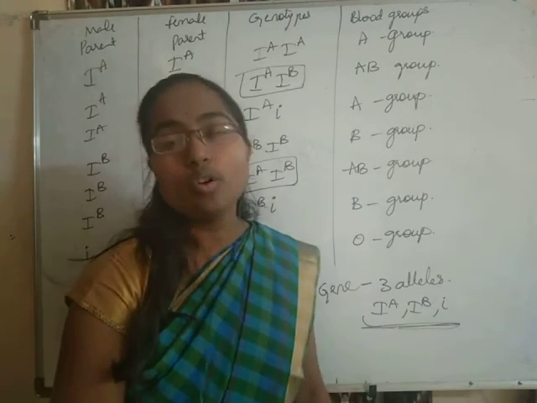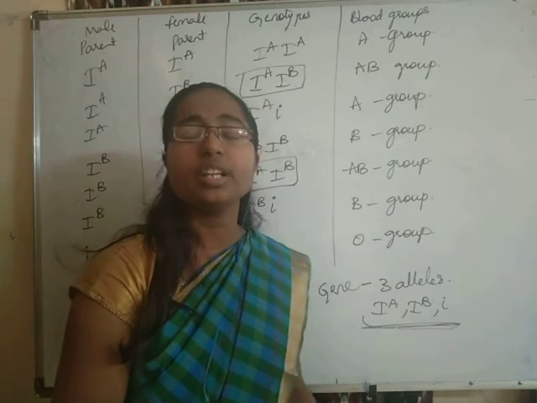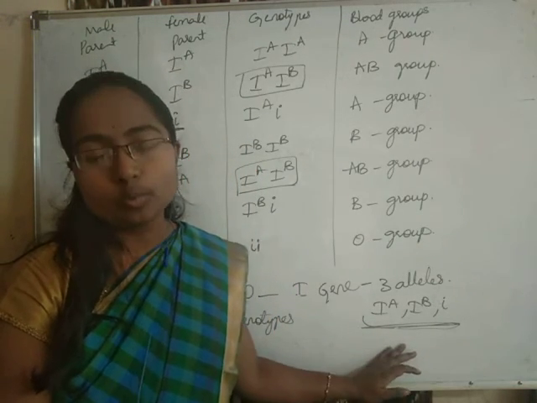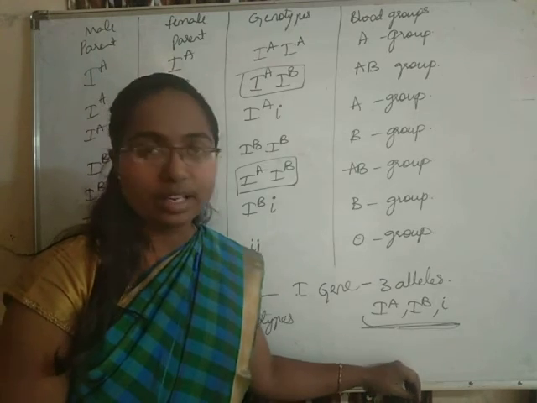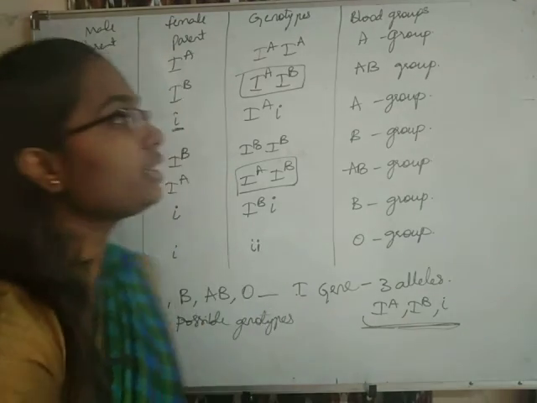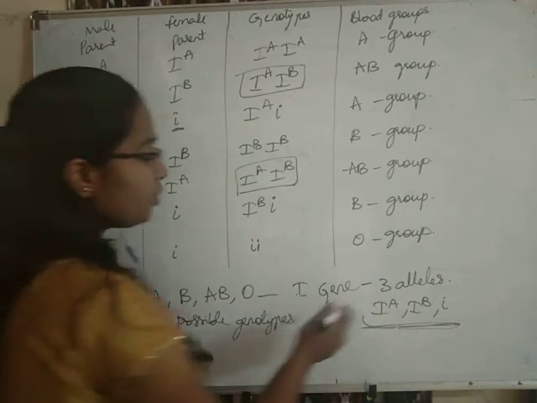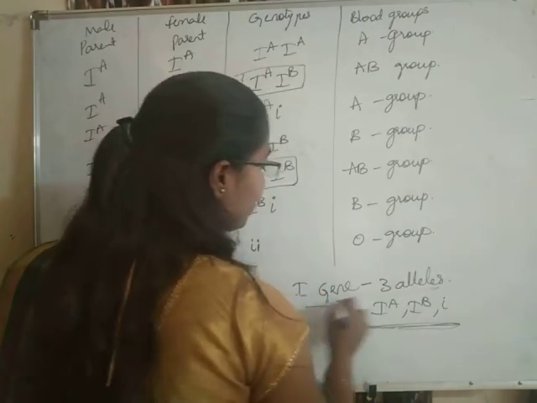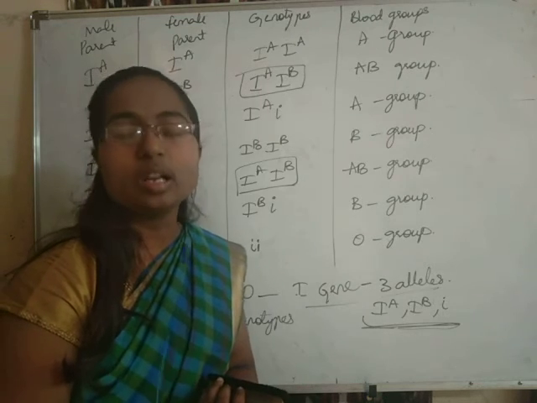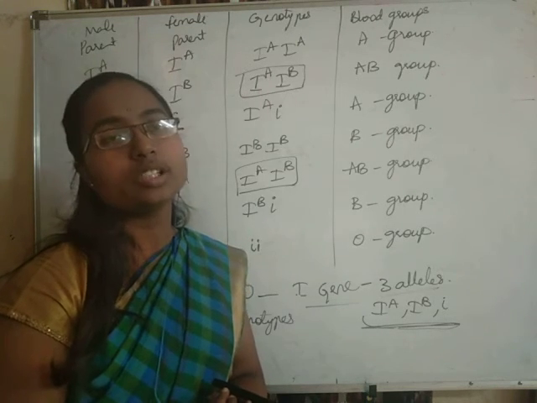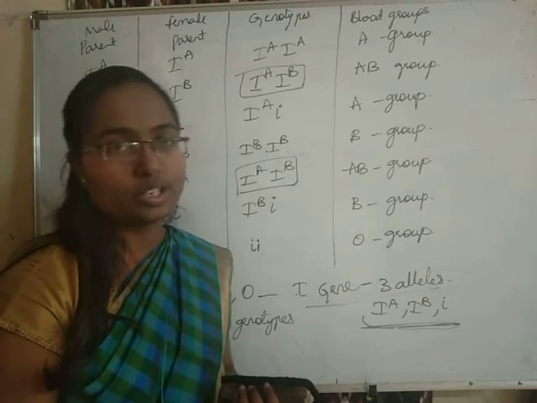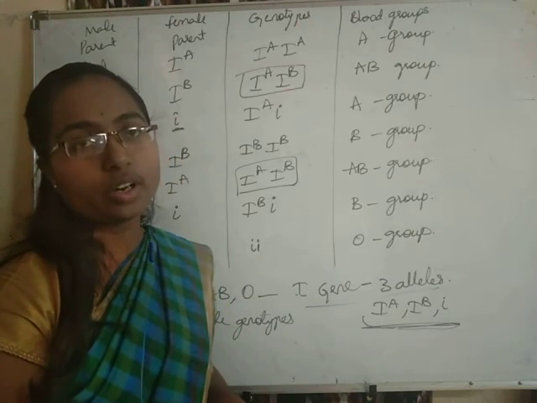Okay. But when we go with a population, when we check a population, then we will be seeing all the 3 types of alleles. So, these 3 alleles of the blood group gene I can be seen in a population, they cannot be seen in an individual. Okay. That is the other thing that has to be noted here. The 3 alleles of the gene I can be seen only in a population, not in an individual, because individuals are diploid and contain only 2 possible alleles.